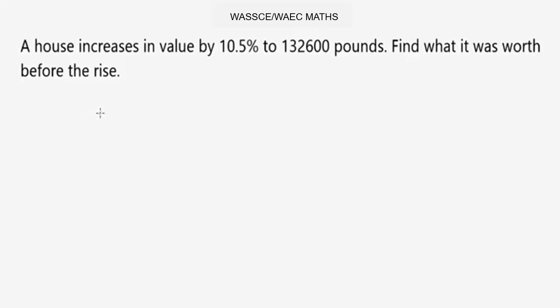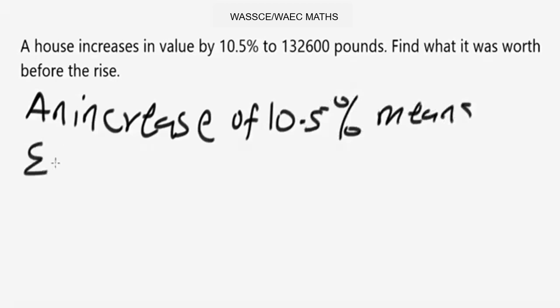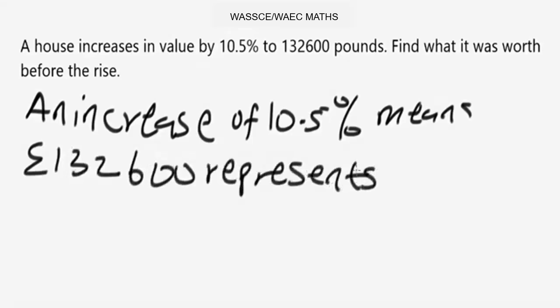Now we are looking at an increase in percentage of the original price of the house. Firstly, in this question, you have to know the multiplier of the percentage. In this situation, the multiplier is 100. Now we begin by saying an increase of 10.5% means 132,600 pounds represents 110.5% of the original